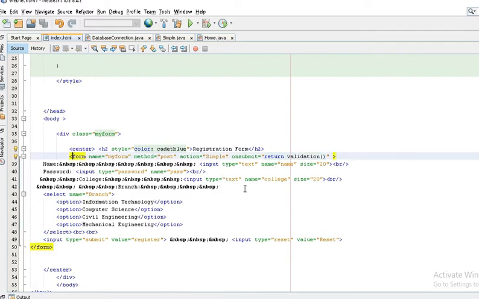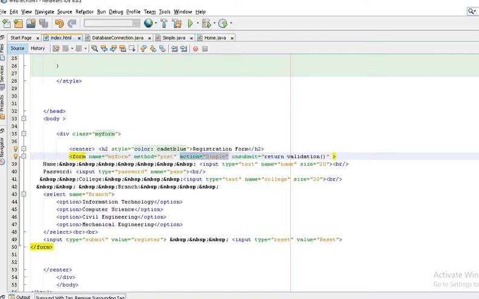In the form, I'm using the form inside the div class, right? Giving the name to this form, right? Method I'm using post, so that our data should not be shown in the URL part. So that's why we are using the post method of the HTTP protocol. This is my action actually.